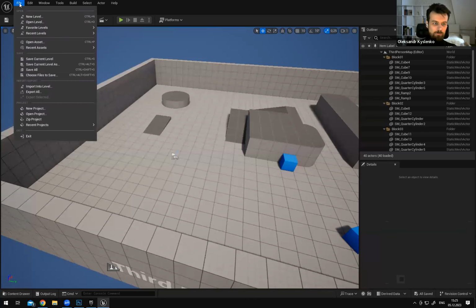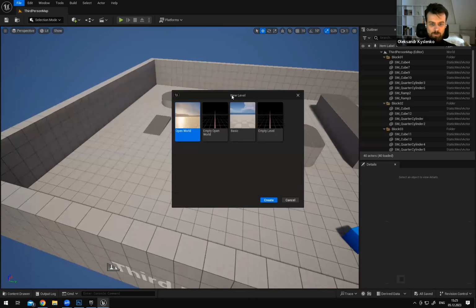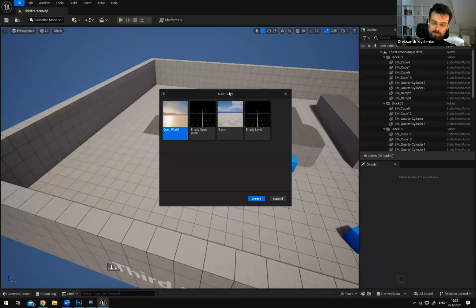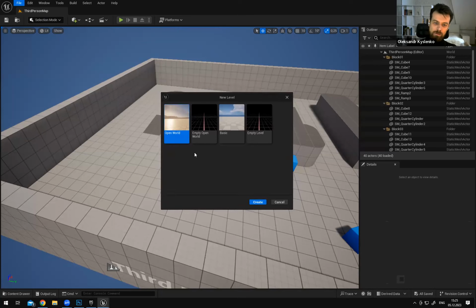So to create a new level file, we'll choose New Level. Here are the presets of the level we might start with. There are two basic ones. One is Open World, which we won't need because the size of this level is too big. It also has the additional feature to break a big level into smaller chunks that can be loaded separately